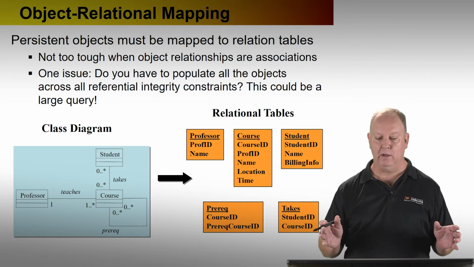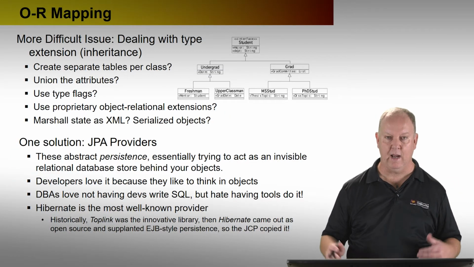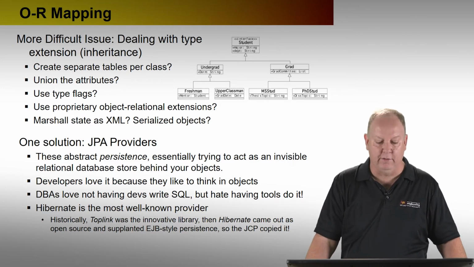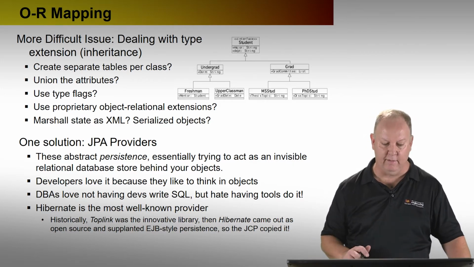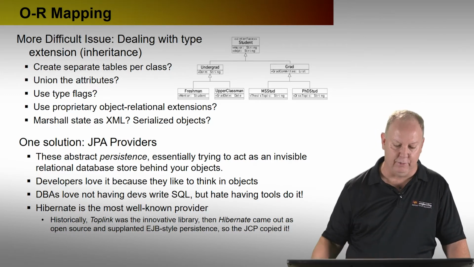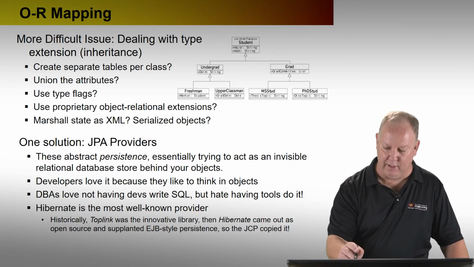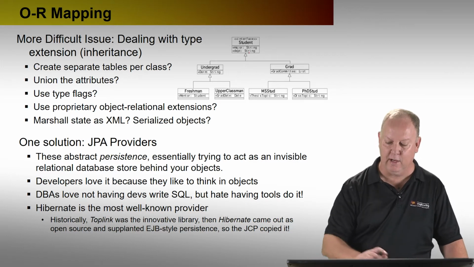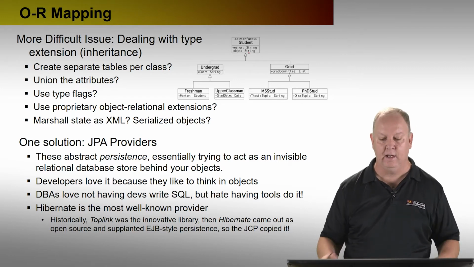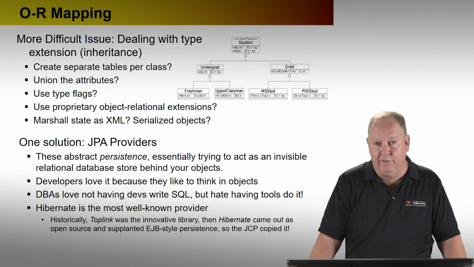And then once I have the two models, how do I do what's called marshalling data between the two? How do I convert data from one model to the other? So there's a whole sense of issues you deal with in these kinds of relationships. Here's an example dealing with type extension or inheritance. Again with students, but now we subclass them into undergrads and grads, freshmen, underclassmen, master students, PhD students, and the like. Maybe you did an EER model where you handled this in different ways, but there were different solutions you could do.